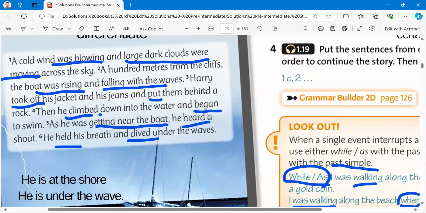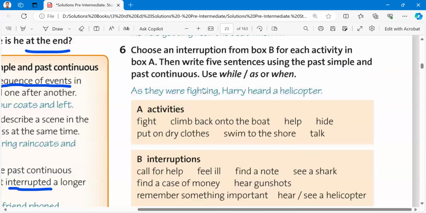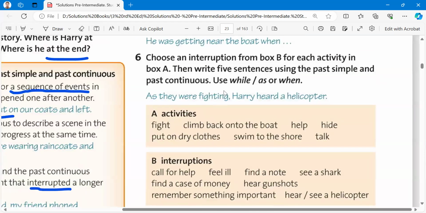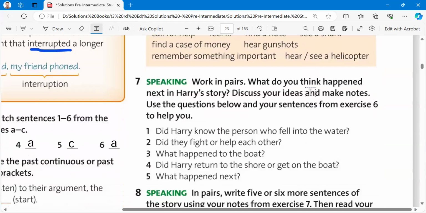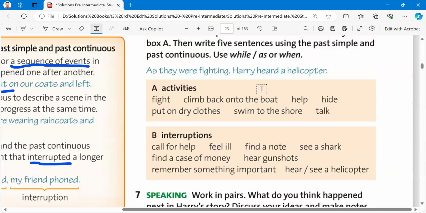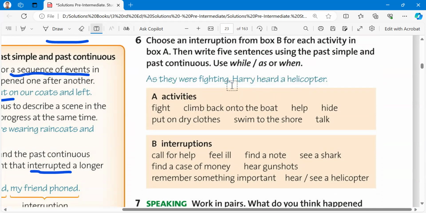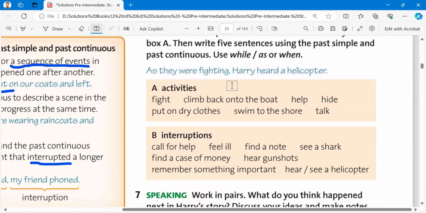Yes, that's it. Now, next is just choose an interruption from box B for each activity in box A. Okay, now let's do, write five sentences. Maybe I will do three of them. As they were fighting, Harry heard a helicopter. Okay, now